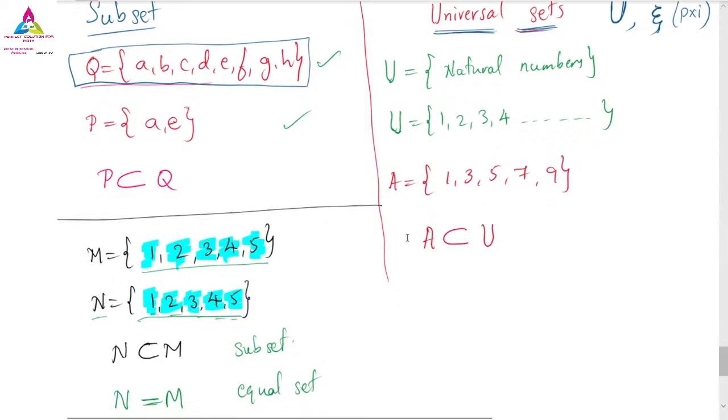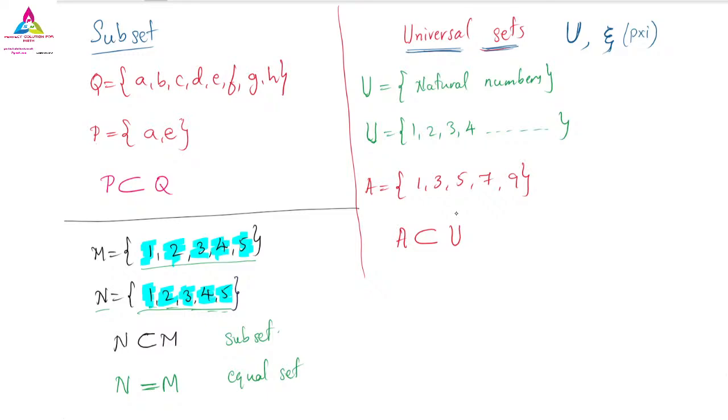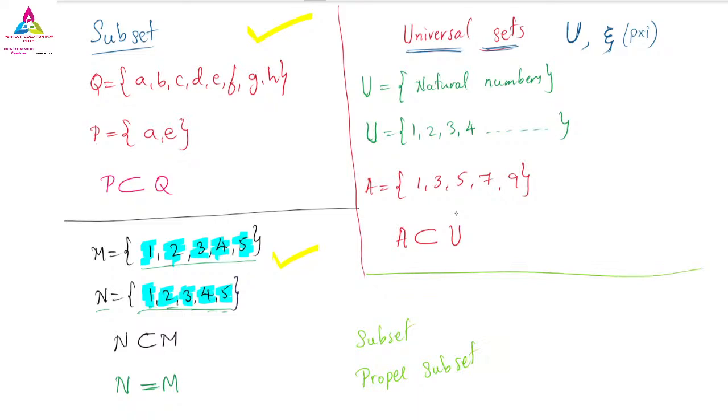If you see it clearly, there is a difference between these two sets. So don't think about the universal set now. Just glance at the above one and the down one. What is the difference? The first one we have here and the second one we have here. So here I can say that one is called a subset, and the second one is also a subset, but it is given as a proper subset. So which one is a subset and which one is a proper subset of these two? Whether the first one or the second one is a